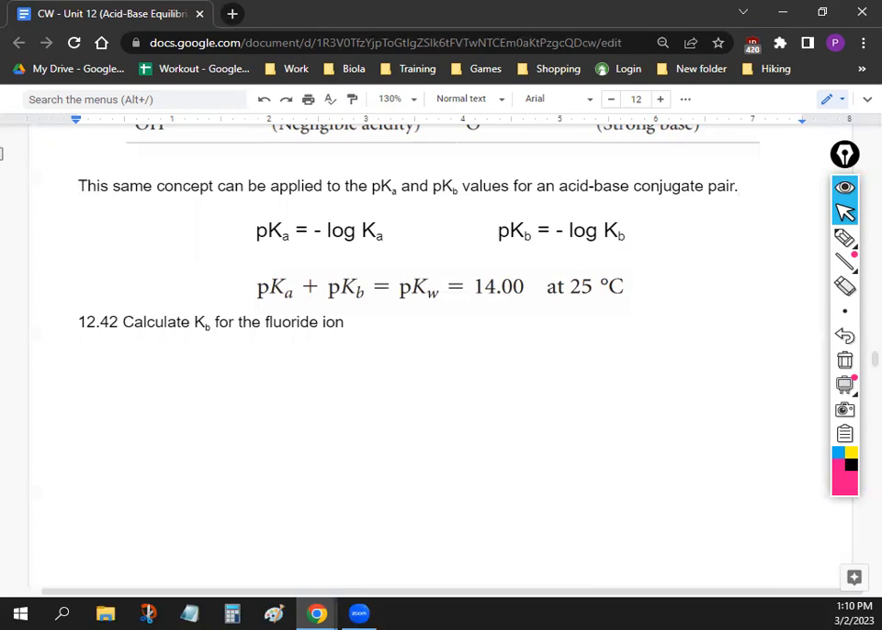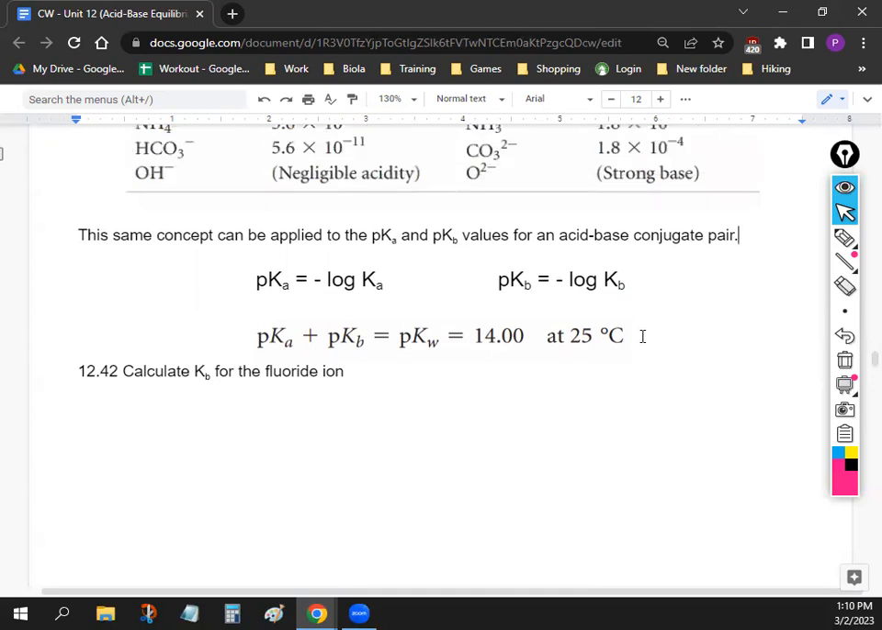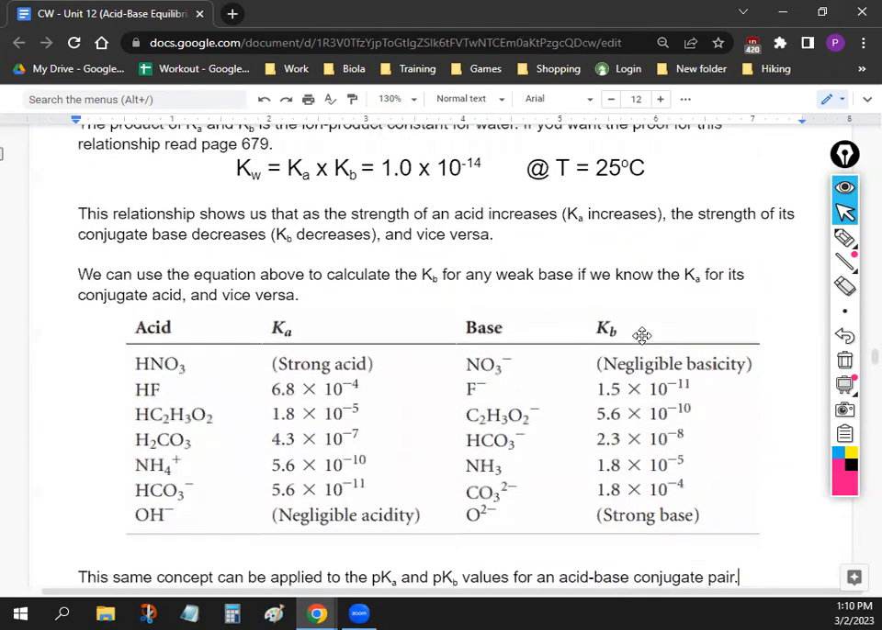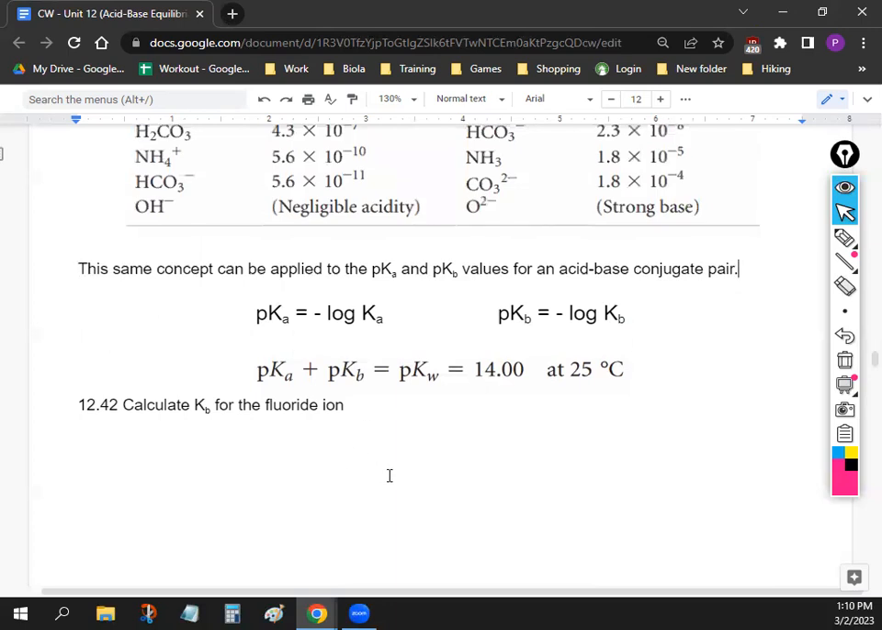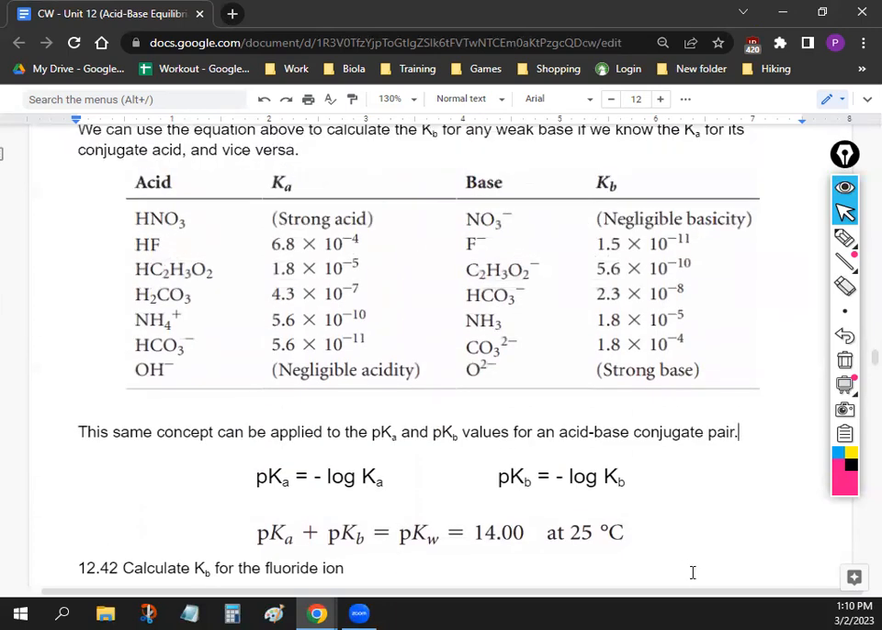Alrighty, guys. So if you guys have all those equations, were you guys able to write this down? You guys got this as well? Okay, I want you guys, based on that information, to find the Kb of a fluoride ion. So very simple, fluoride ion is right here. You guys have the Kb. I just want you guys to